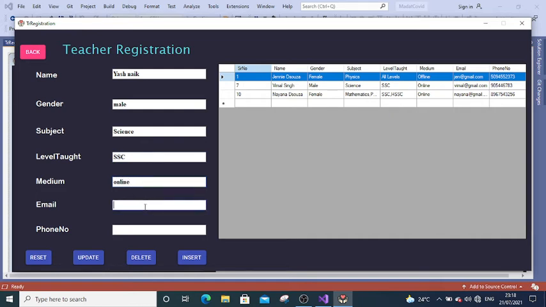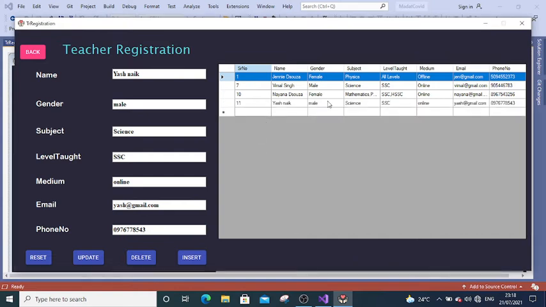It can also include the language in which we will be teaching. Insert. Now this record is created. Now I want to remove this information from the form. Then I'll just click reset and the information just goes off.